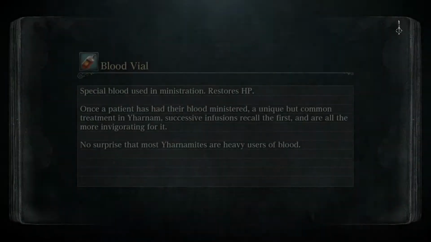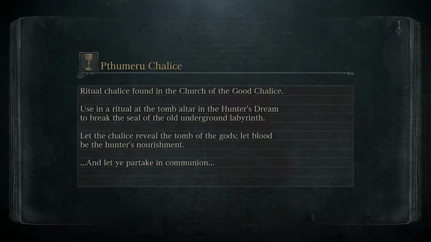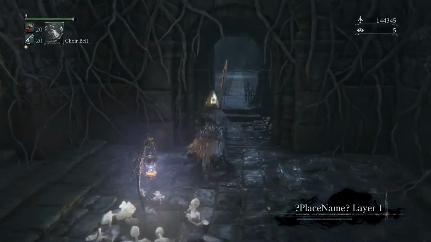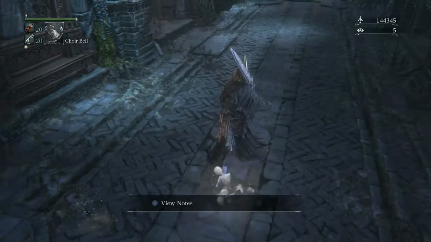But really, this is just a real fast way to get your blood echoes. I'm not going to use it for levels. I'm going to use it for just stocking up on materials that way I don't have to go farm other places. So yeah, what you do is you come in here and you go right about to these messages right here,